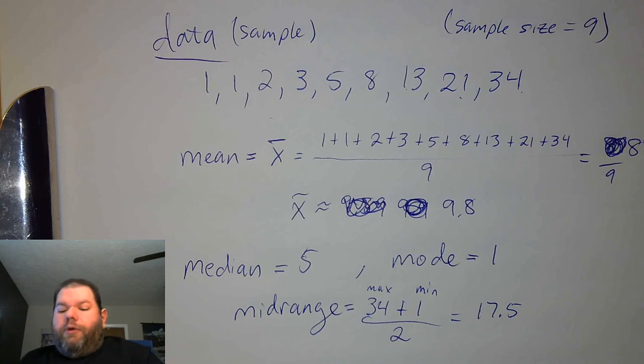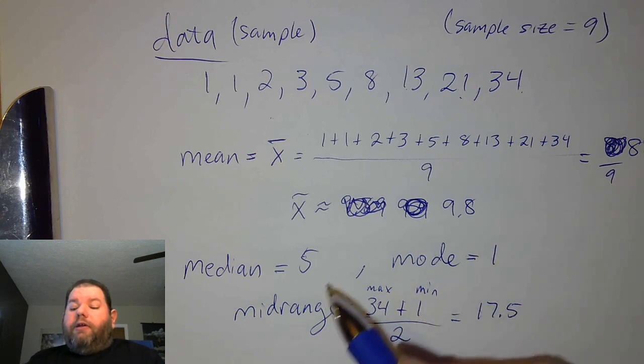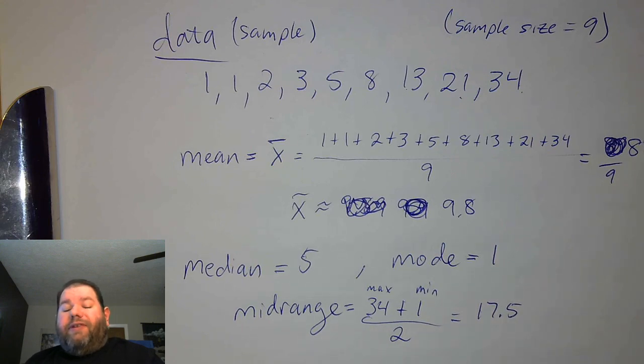Now, we look at all these values that we found for the measures of central tendency. We found the mean was 9.8, the median was 5, the mode was 1, and the mid-range was 17.5. All of them are very different values, so which would be the best way to look at this? Well, I'm going to show you